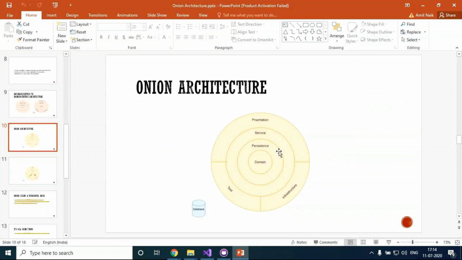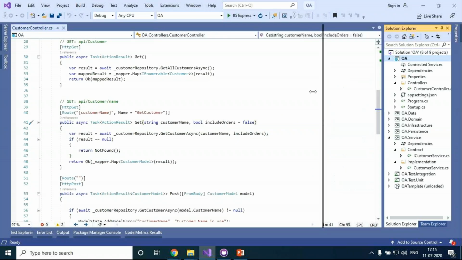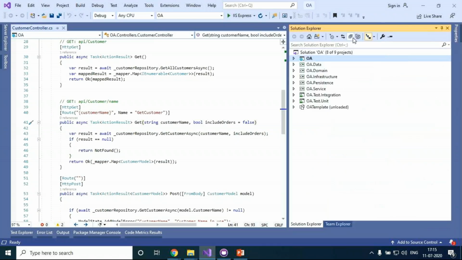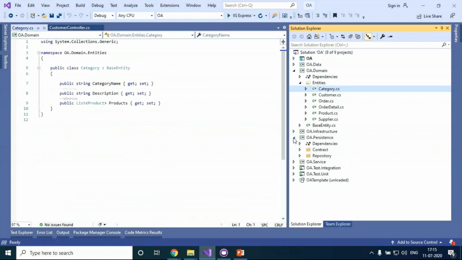Okay, this is a diagram. We'll see the domain in the center. What is the domain in the center? This is my layered diagram. The domain is all our entities. Now we have customer and order. These are all the tables, all the class files, whatever entities you can say: customer, order details, supplier. To implement this,